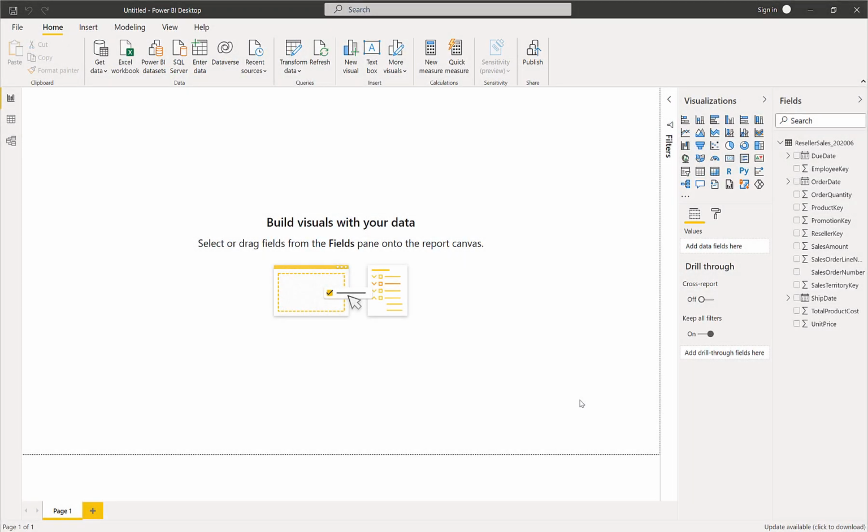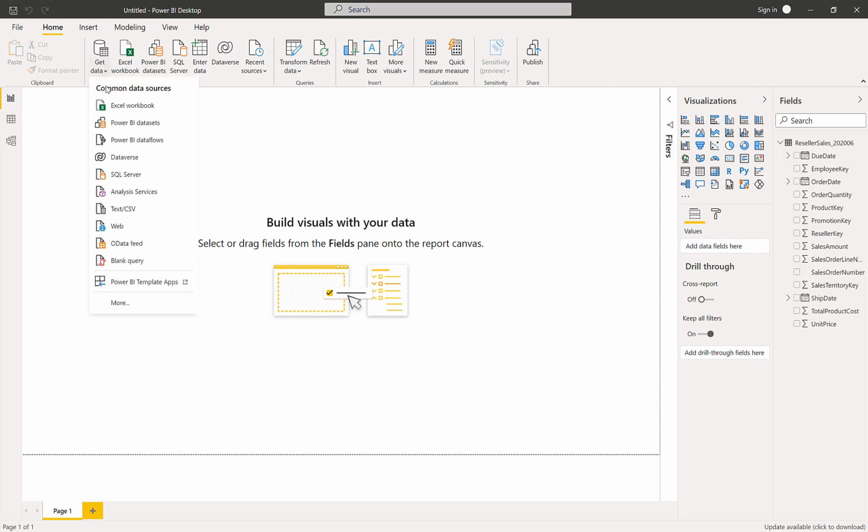Hi there, so let's talk about identifying and connecting to a data source. With Power BI Desktop, you can connect to data from many different data sources. For a full list of available data sources, we can go to Get Data and check out the full list